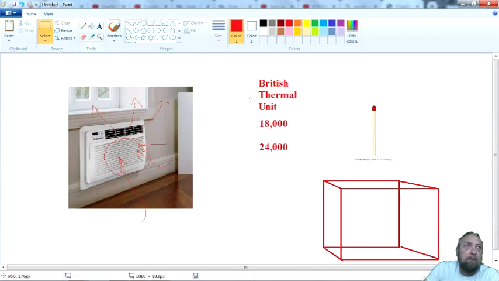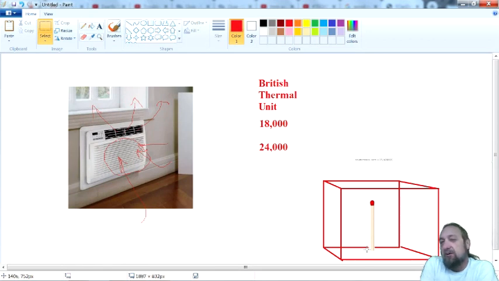If I take this match here and put it in this room now, it would heat up that room, but not that much, just a single match in a regular bedroom. But if I took 18,000 of these matches and put them in a pile on the floor in the middle of the room and lit them inside this room,